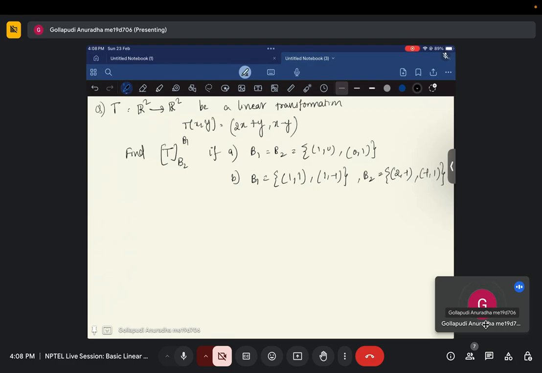Okay. So this one is simple. So that will be 2 comma 4 and